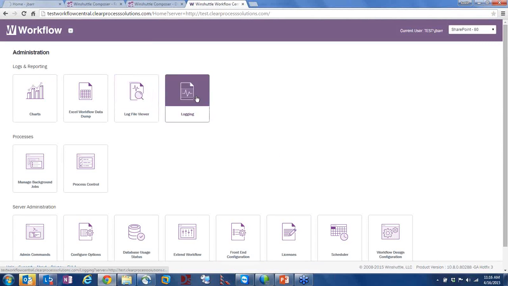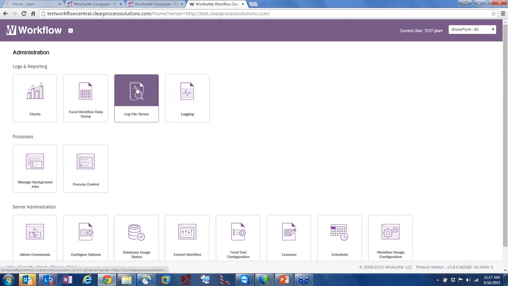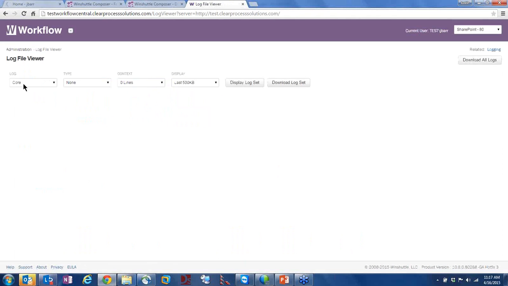There's two ways of getting to it. It's just right through here. When you change logging, it automatically puts you there. So we'll click on log file viewer. We can select what type of log we want. So these are all the logs that we enable. If we choose core logs, and then we choose what type of information do you want to see? Well, I want to see the debug information, about 100 lines, the last meg, and then we just click display